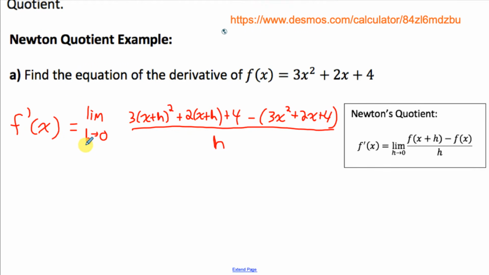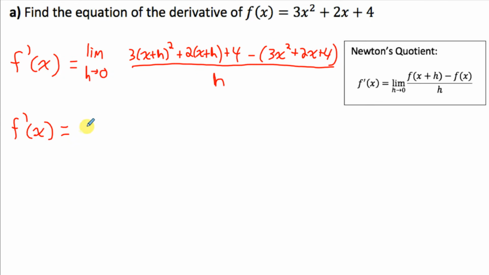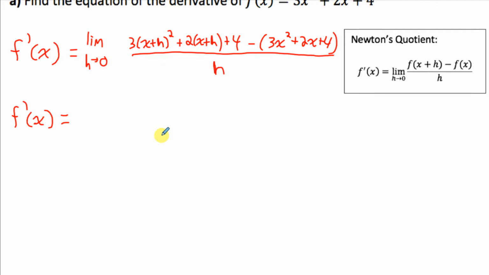And then we simplify this. In the numerator, we want to expand it all out, collect any like terms we have, and then something nice should happen. Now I should mention right now, with this function we can't just plug 0 in for h, because if we did that, we would get 0 over 0, which is undefined. That would be meaningless to us. So what we have to do is remove the discontinuity by simplifying the numerator, collecting the like terms, and something nice is going to happen that will allow us to actually get a continuous function that we can